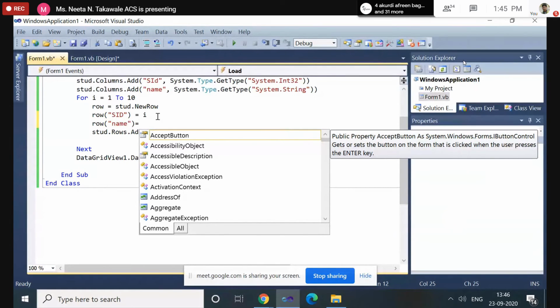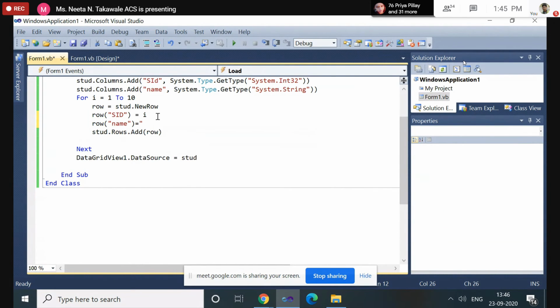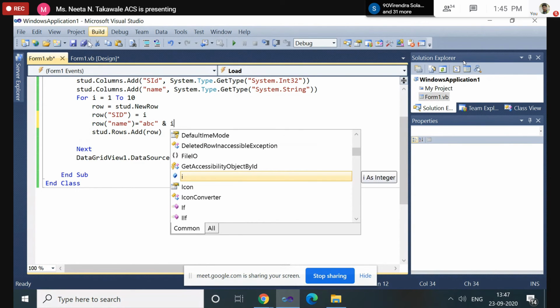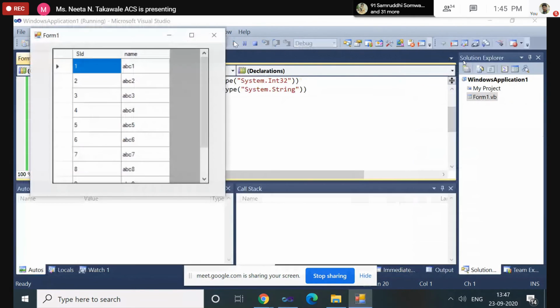For name we have to keep the fixed value. First we'll check for the fixed value. Suppose we keep the name as ABC. Now see here, it has added the SID in sequence 1 to 10 and the name as ABC1, ABC2, ABC3,